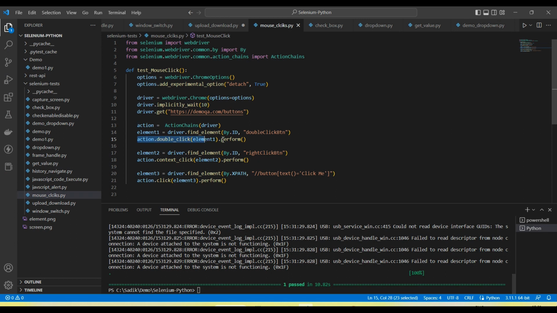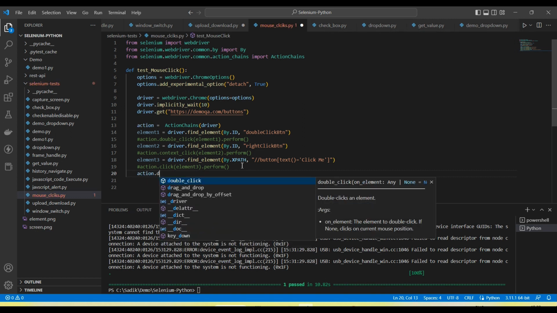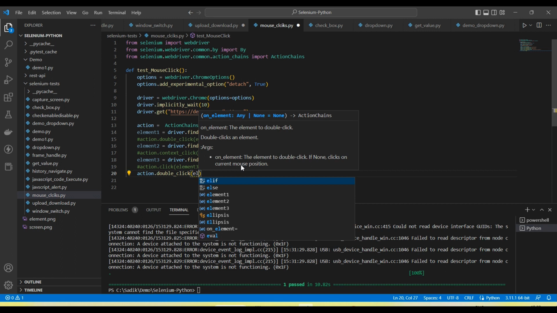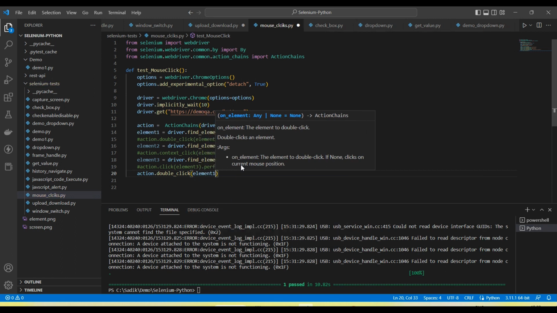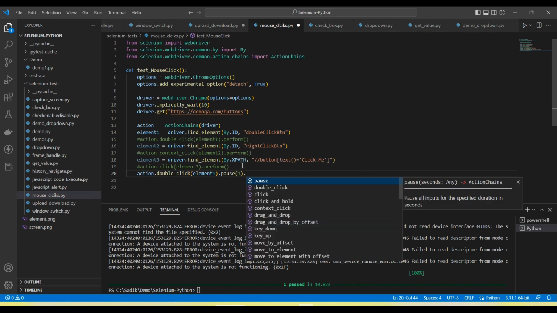So here you can see I am calling these separately, but as I told, we can call multiple methods with the action chain, and then at the end we call the perform method. So it will execute in the same sequence. Let me show you how we chain all these actions. We can also chain, right? Let's see, action.double_click element 1, then let me add a 1 second pause, 1 second sleep, then